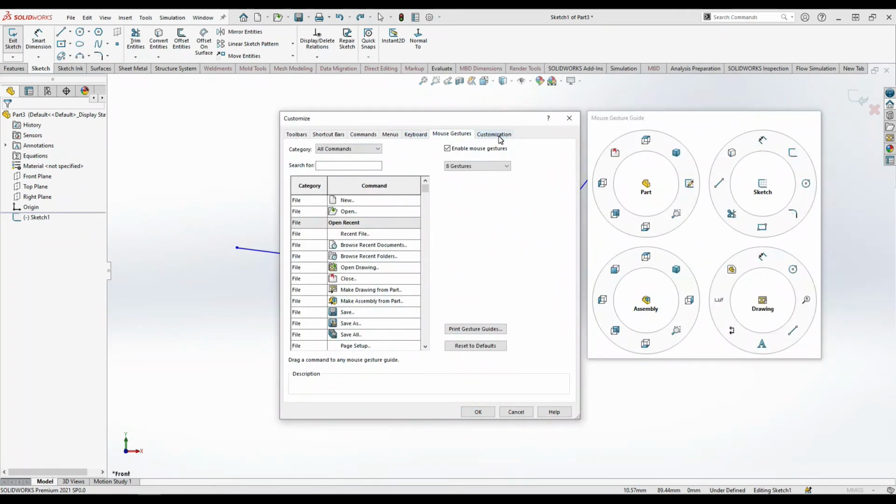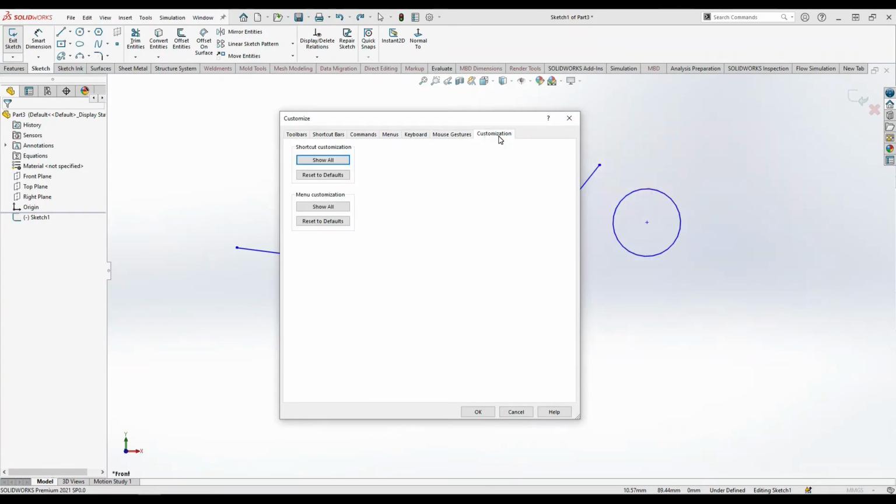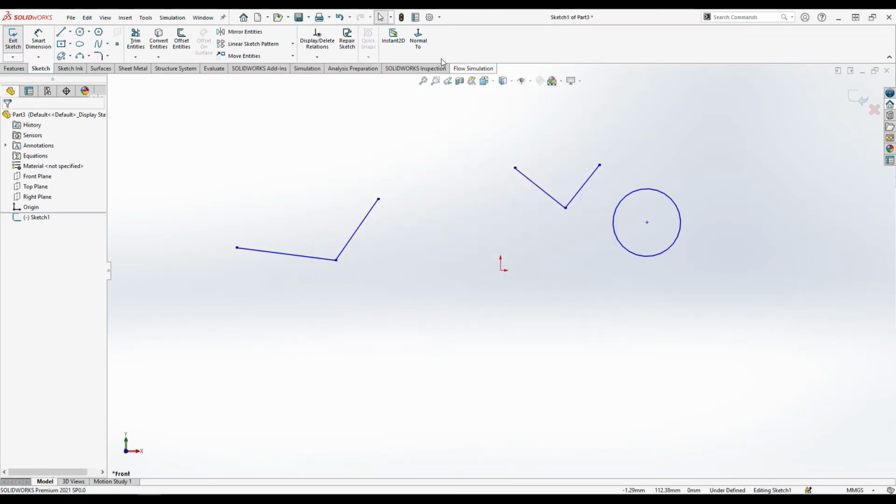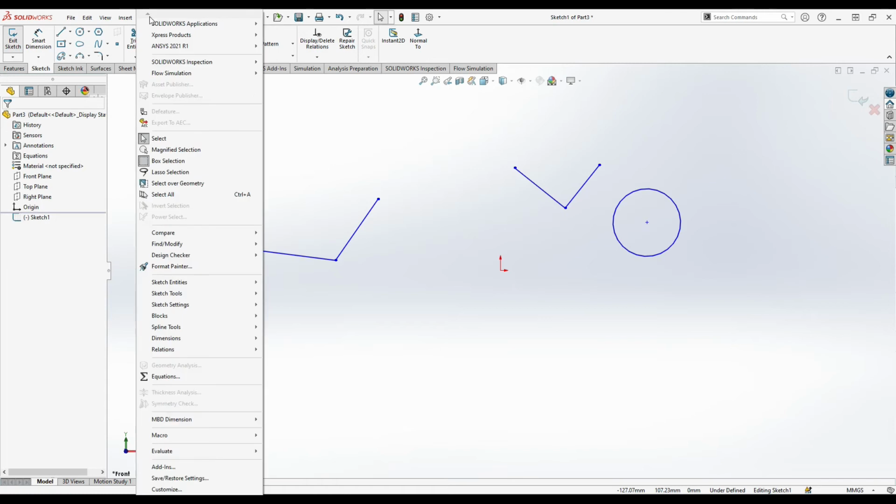Now the next is customization. In this customization you can see show all, reset to defaults. Okay, whatever you customize, you add, you remove something, some tools are there. Now the last option is show all, reset to defaults. It is all about resetting everything to defaults. Okay, so you can easily restore defaults by using that. So this is all about the customization, and in every tool, like in every